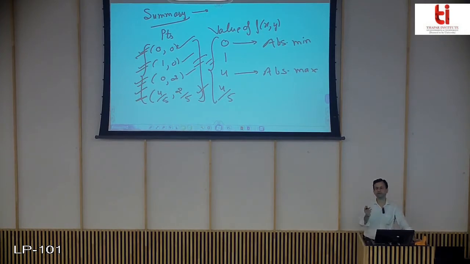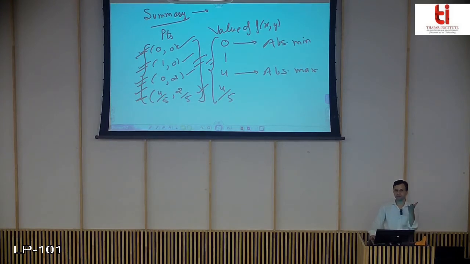Only then can you be clear that the local maxima is basically the absolute maxima, or that the local minima is actually the absolute minima. So we don't go beyond these critical points. We just restrict ourselves, because nowhere has it been asked of us to also look for a saddle point. Because if it is a saddle point, it can't have the value of absolute maxima. It can't have the value of absolute minima.